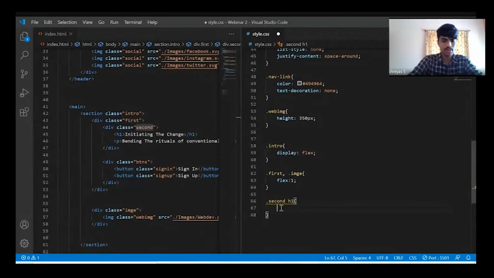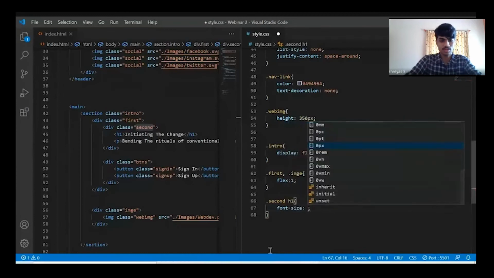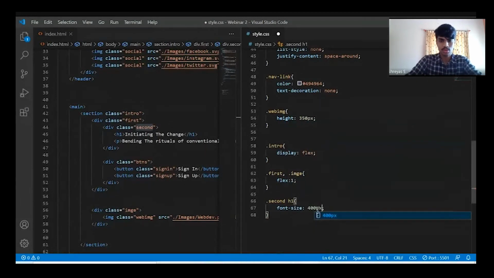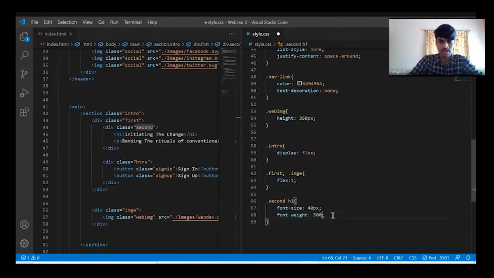So I'll set a font size. I'll set a font size as 400 pixels. 400 will be more, so I'll set it as 40. Then one more property called font weight. Font weight refers to the thickness of the font, how thick you need it. So I'll set it as 500.